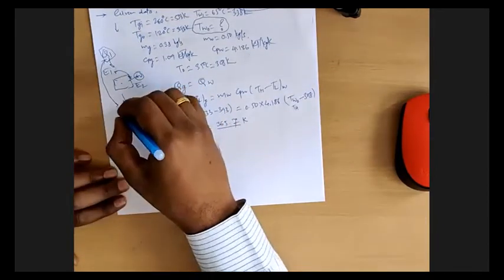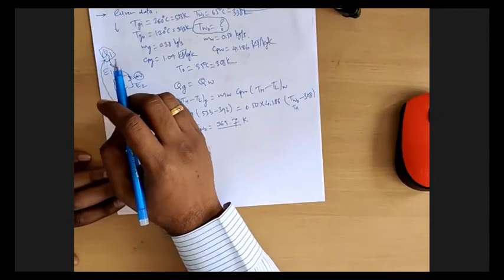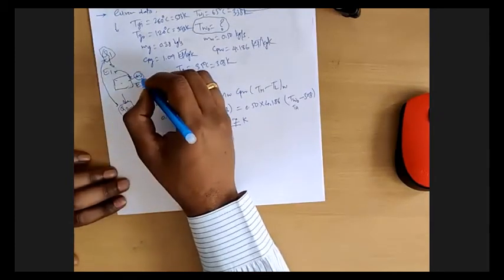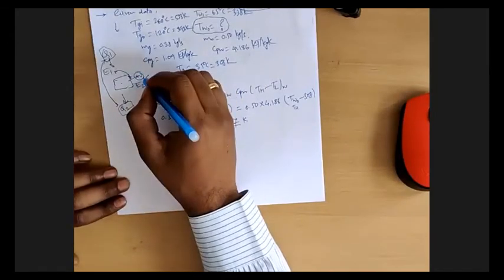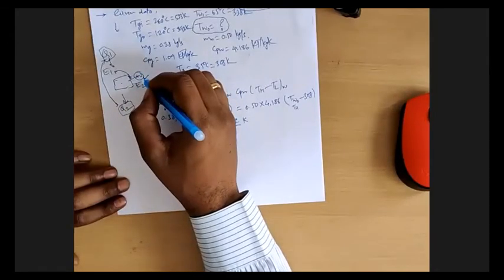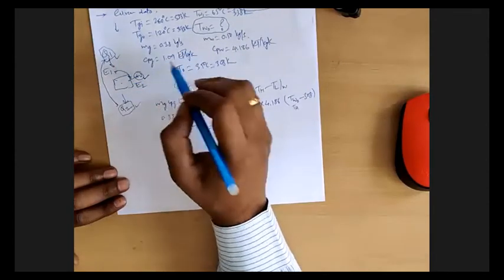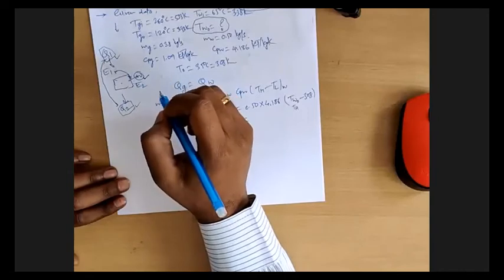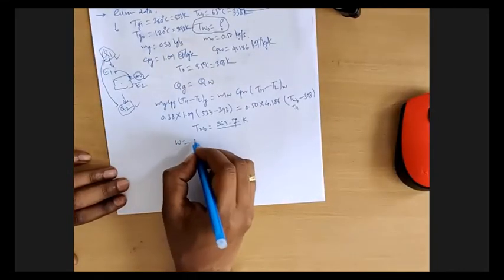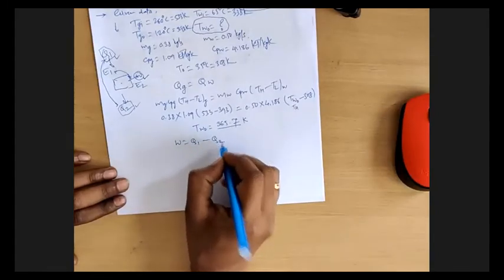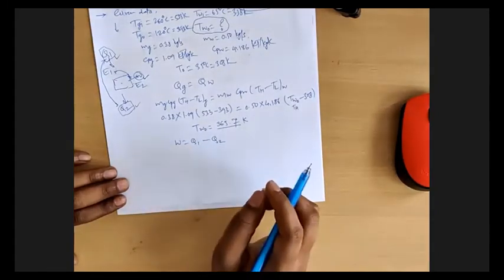Q2 is the energy that is going to be rejected to the system, and the difference between those two is the work produced. So if I calculate this work produced, that is nothing but the difference between available energy before the process begins and at the end of the process. Okay, so I'm going to use this concept over here. So W is equal to Q1 minus Q2. Now Q2 is the amount of heat transferred.